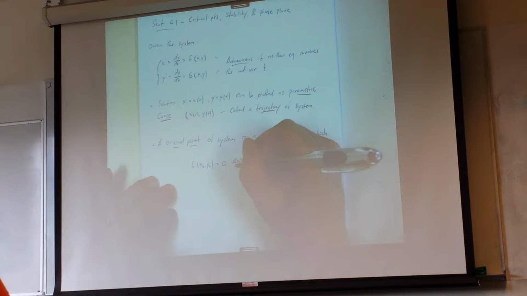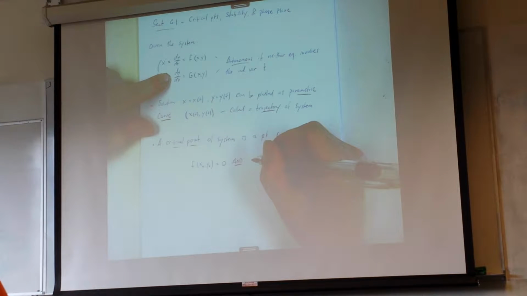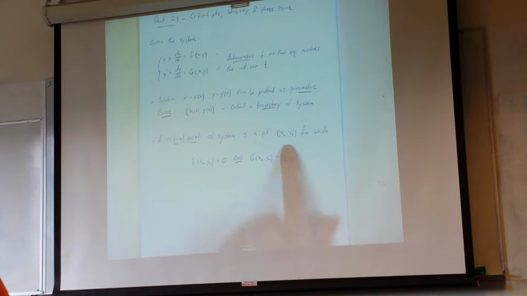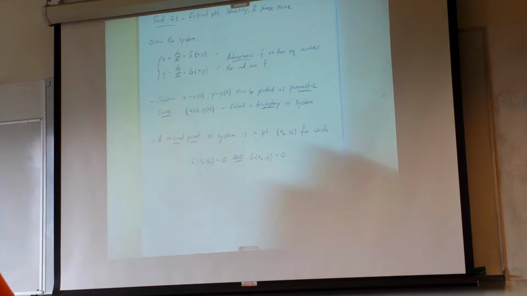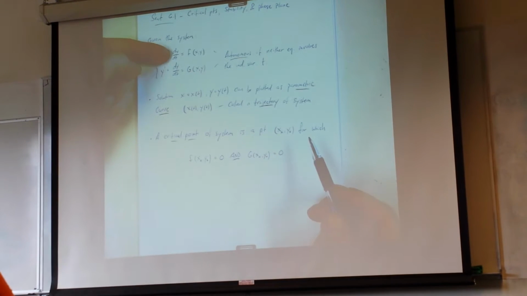And those same points make dy/dt equal to 0. And that expression is given just by g(x, y). So it's a single ordered pair that makes both dx/dt 0 and dy/dt 0, so it simultaneously makes x' and y' equal to 0. Well, if that's the case, if dx/dt or x' is 0 and y' is 0,